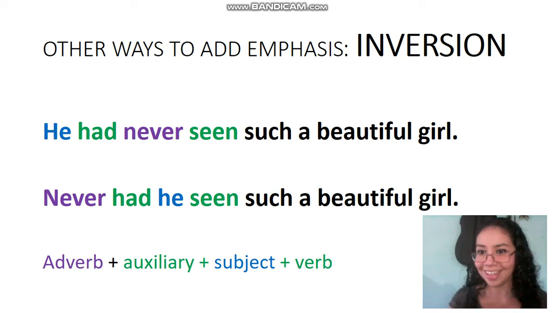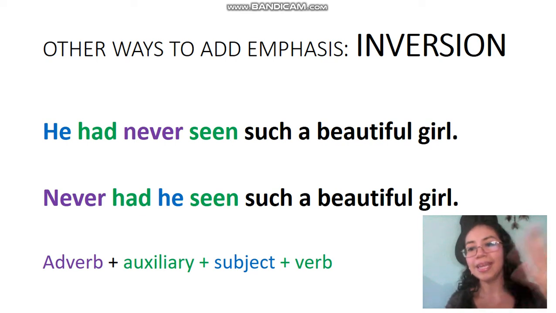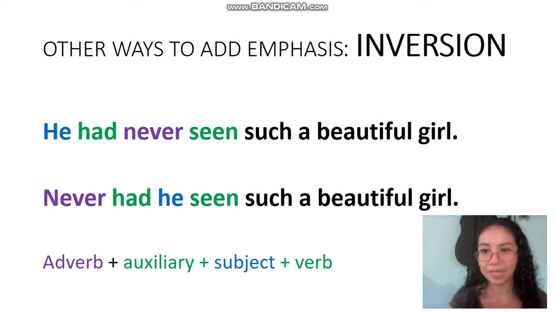Okay? So what's the structure of an inversion sentence? Well, first, against all grammatical rules, you put the adverb, then the auxiliary, then the subject, and then the verb, and then whatever else you want to put in the sentence, right? Instead of the normal subject, auxiliary, adverb, verb, etc. No: adverb, auxiliary, subject, verb. Never had he seen such a beautiful girl. So, not all the adverbs in the world, obviously. So which adverbs can I use with this method? Well,